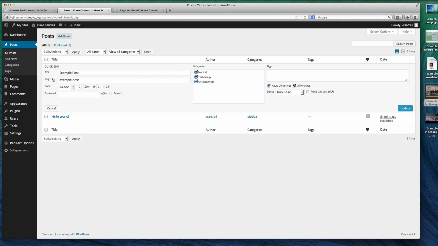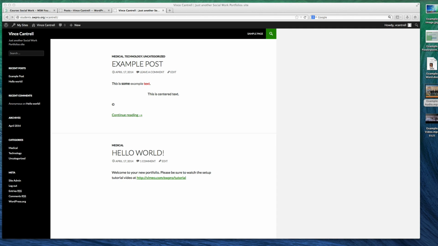I can just change a lot of things like the title, the slug, which we talked about is the URL part of it, example-post. You can password protect it here. Add any more tags. I'm going to update that. So we've talked about posts briefly, and